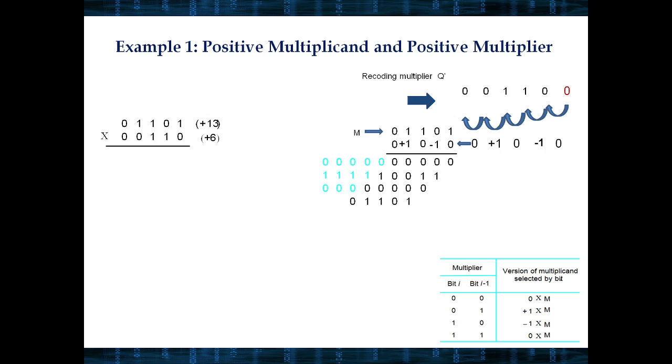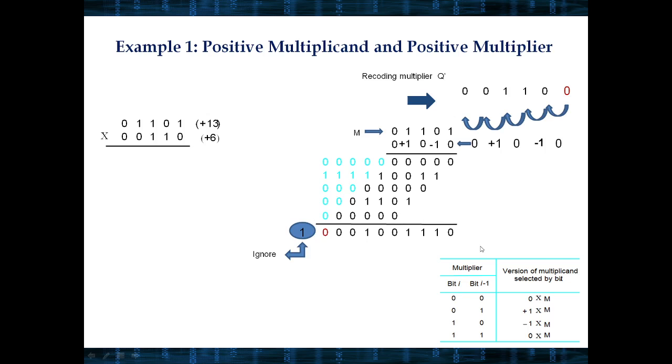Then next one is plus 1. Plus 1 means plus 1 into m, the multiplicand value. The remaining 2 positions we will fill with zeros. Then the last value is 0, and we'll write it with zeros. Then do the addition. We will get this value. Here we get one extra carry out, which we need to ignore. The remaining 10-bit value that we got we will consider as the product of